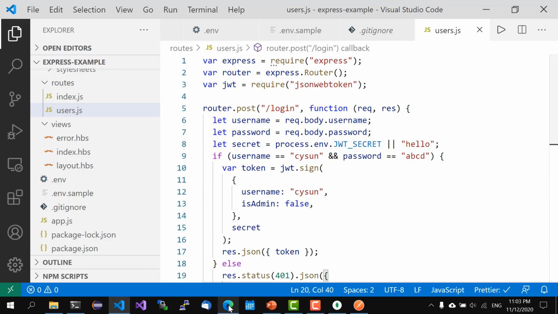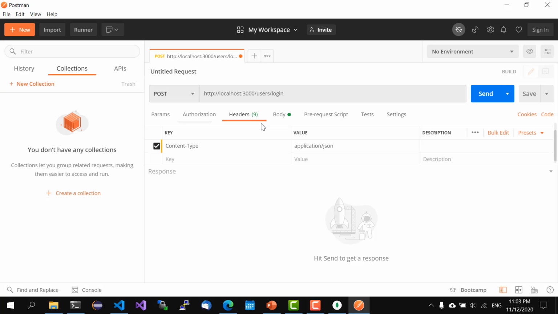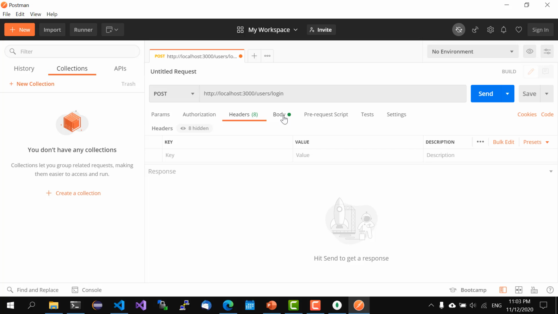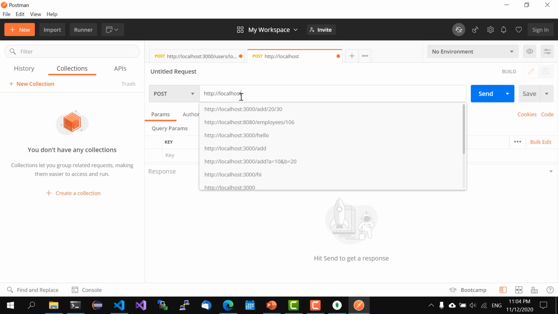Request body username, okay. Username, let's say Json, and pass. And the path, why doesn't it let me add more? Let me create a new request. HTTP localhost 3000